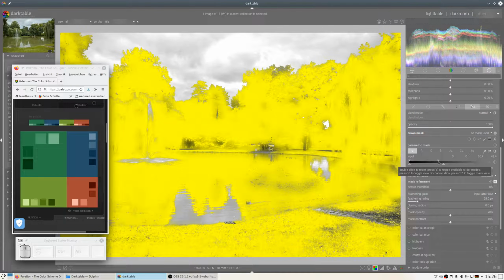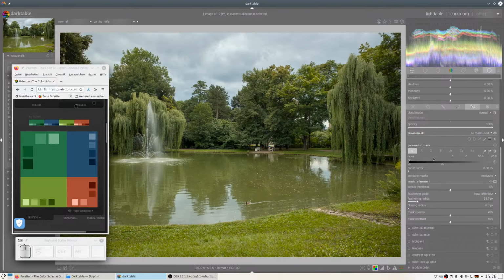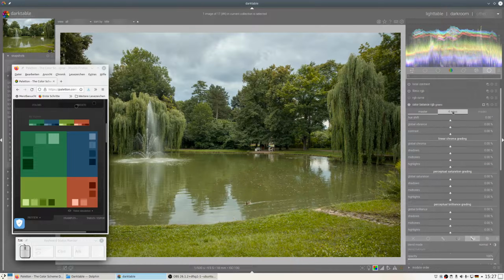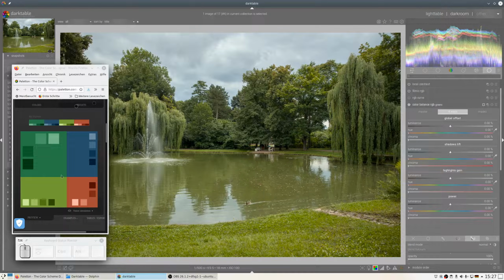Maybe that much. We're going back so that we don't influence our water too much, something like that. Okay, that looks nice. Now we're going to 4 ways and we have this combination, so we need a bit more in the darker